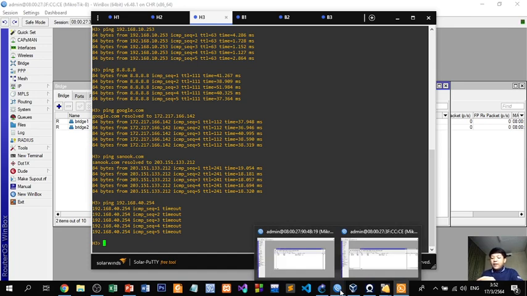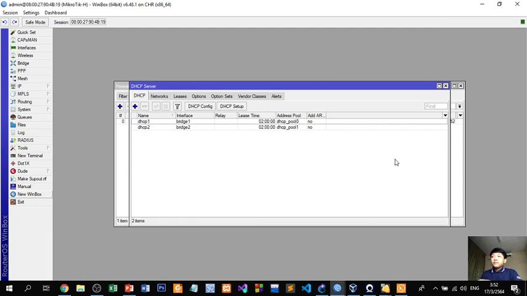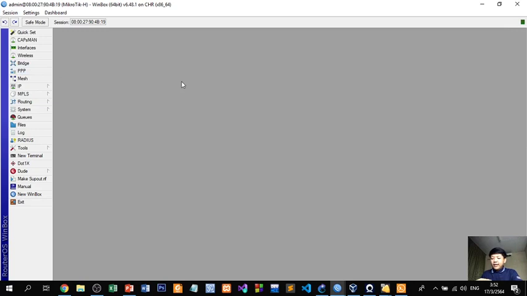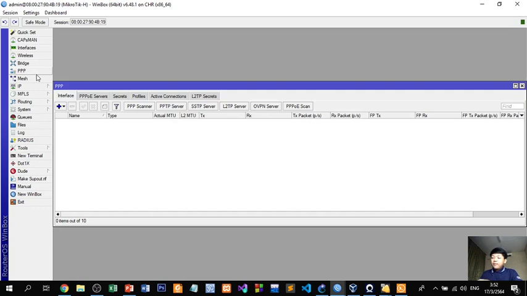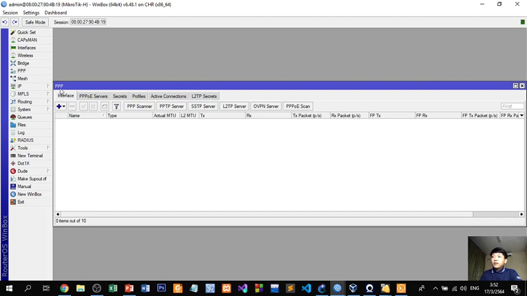So go to MikroTik H, go to session and close all windows, and then go to PPP, and then go to L2TP server,